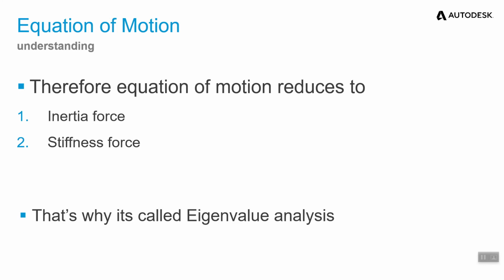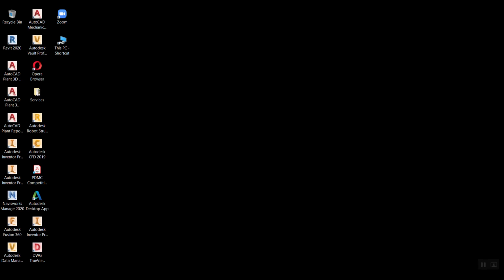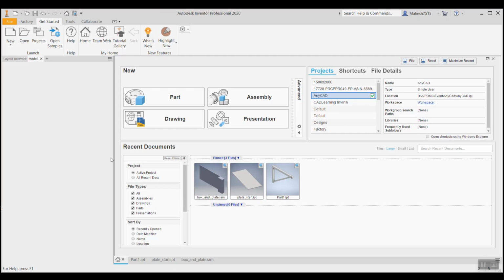So in today's session, we will quickly open Inventor Nastran. We'll see what normal mode analysis is in Inventor Nastran, then we'll see the same scenario for a concentrated mass, and then we'll take a simple model and check for a minimum frequency, and when stiffness is added, what will be the maximum frequency that can be withstood by the model. So we'll start with the basics.